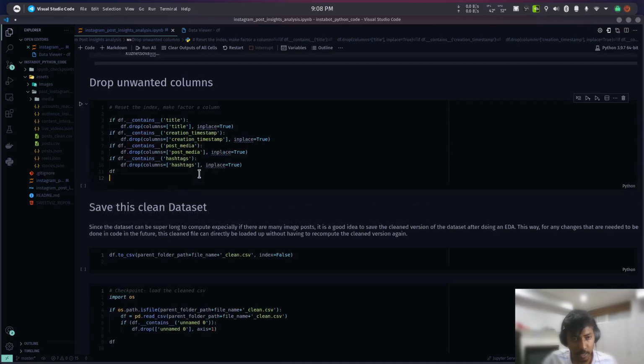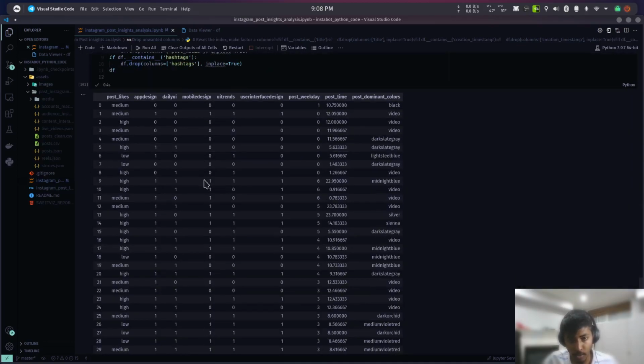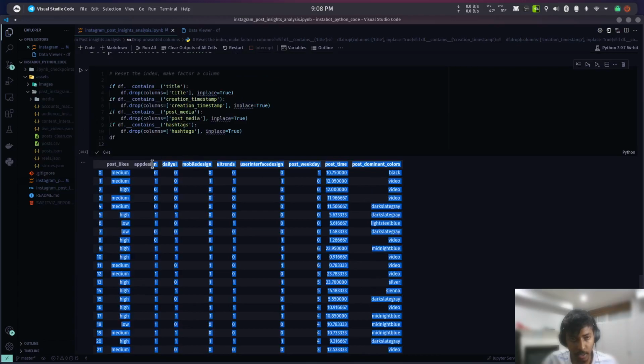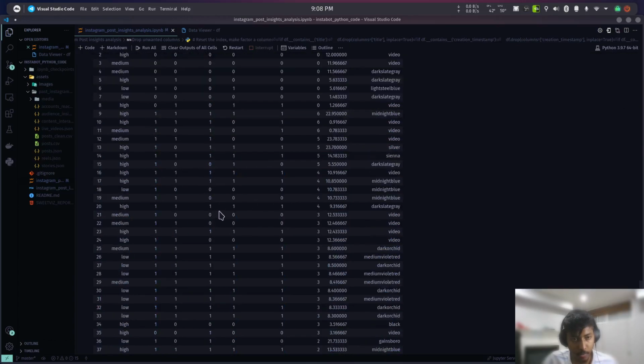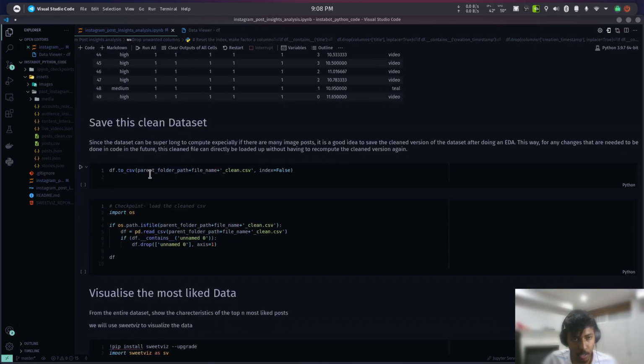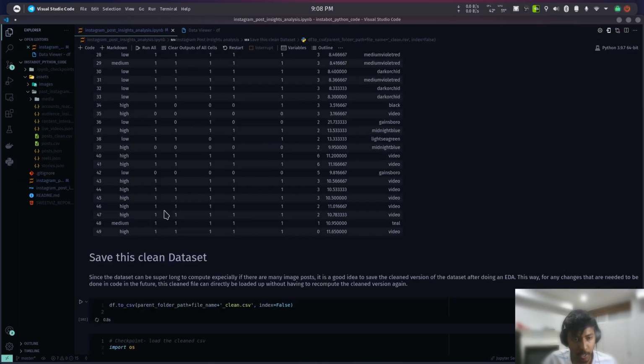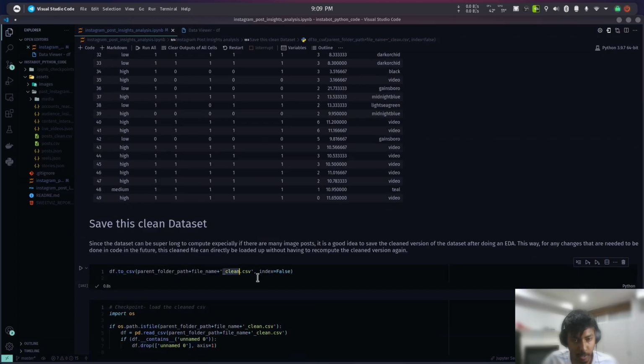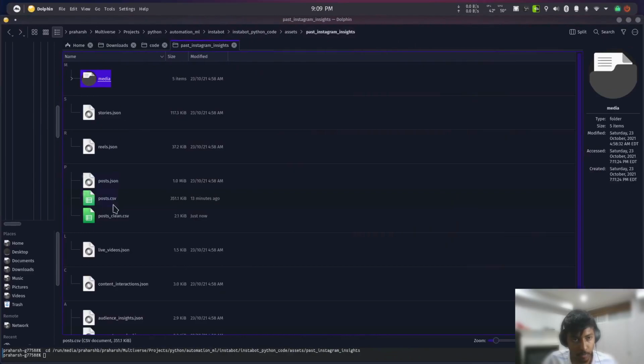So I'll just clean the data set and see how it looks. I think these should be the most important features that we need right now. After this, what I usually do is I just save the data set named whatever the value was,